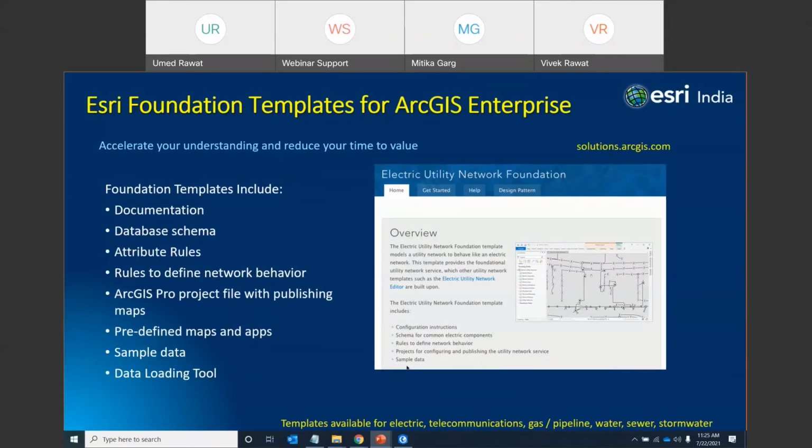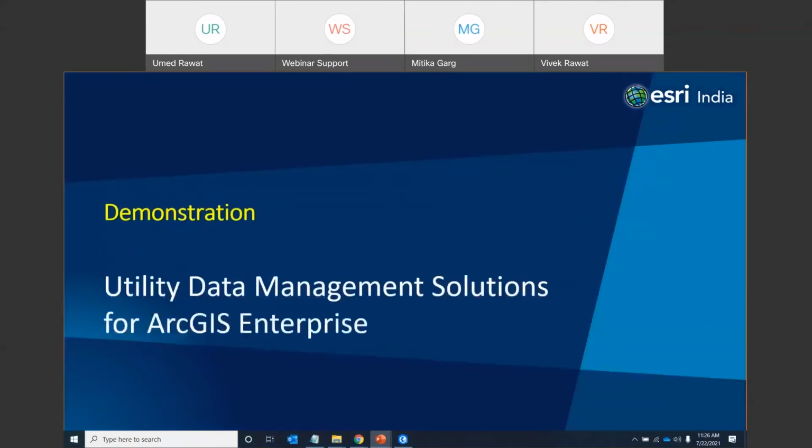It has an ArcGIS project file. Predefined styles and symbologies are also associated. And it also gives a lot of data loading tools, through which you can load your existing data sets. And one of the very good things is that it has predefined tasks associated, through which a basic or a naive user can work on this. So let me show you how you can work on a utility network data management solution for ArcGIS Enterprise.